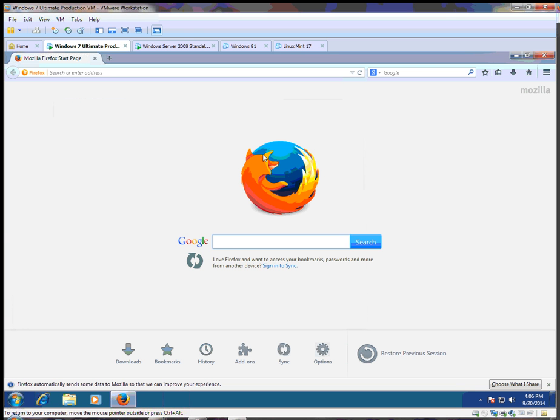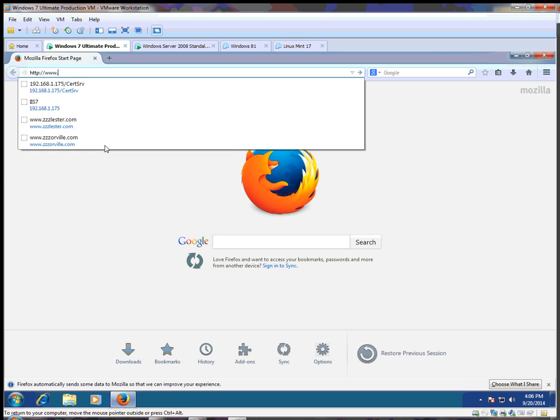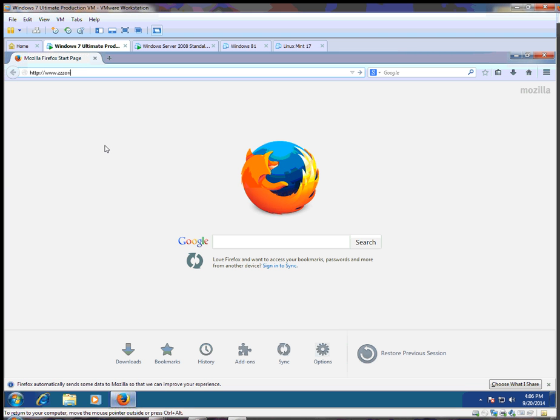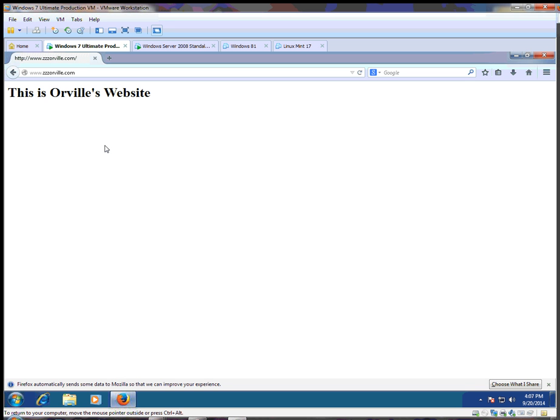Alright, so now I'm ready to test www.zzorval.com. It should hit it, so let me go ahead and type in http://www.zzorval.com, and now I've hit Orval's website. So I'm able to get to Orval's website, which is a standard website here on the server from the client